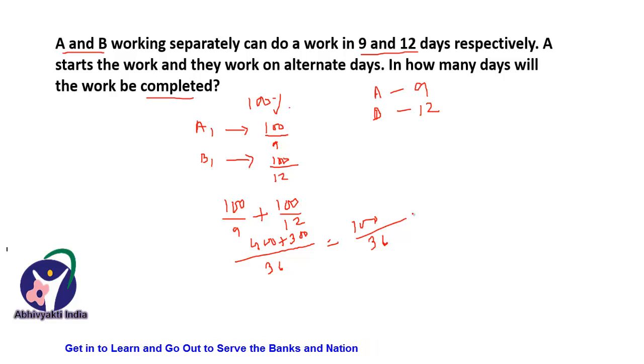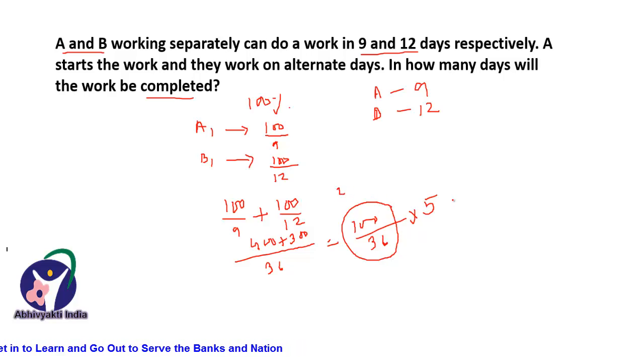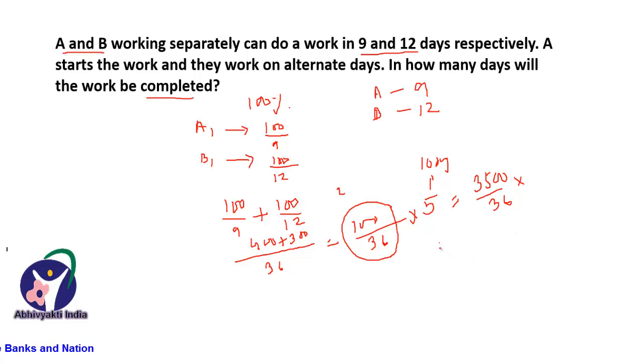If you multiply this by 5 pairs, this is the work done in 2 days. So in 5 pairs it will be what? 3500 divided by 36. 5 pairs means how many days? 10 days. Now we have to make this as 3600, so that 3600 divided by 36, it will be 100% work. So for that, in 10 days,